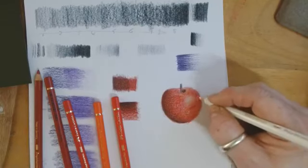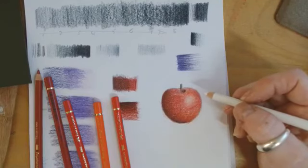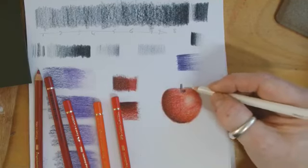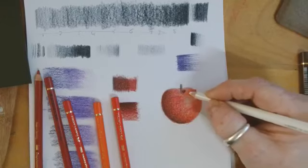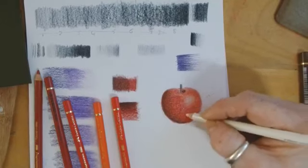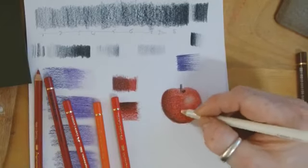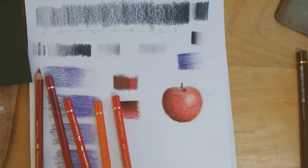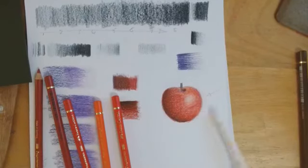What I'm going to do now, it's called burnishing. I always get these two wrong, right? Blending and burnishing. Okay, so I'm blending the colours in now using the white, but there are burnishers. Now I could use my oil on that if I wished. I could blend it with some oil, but